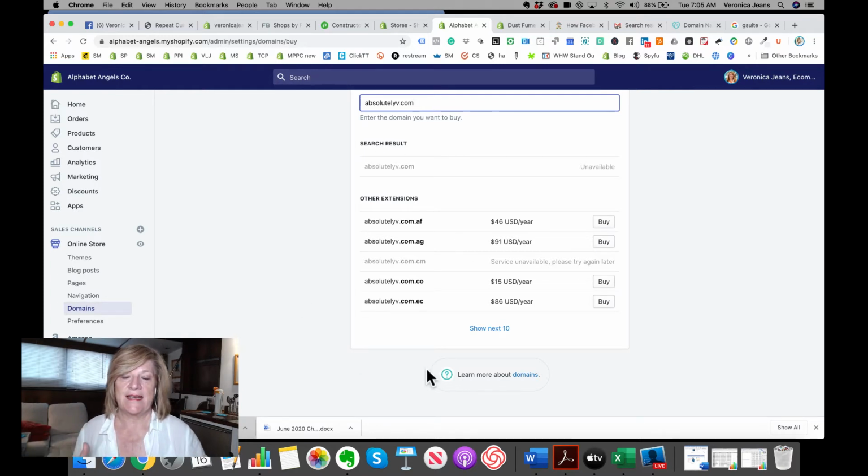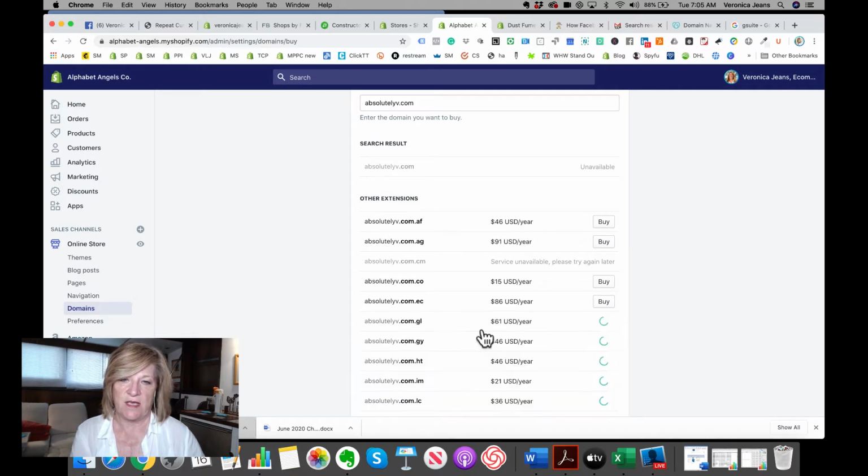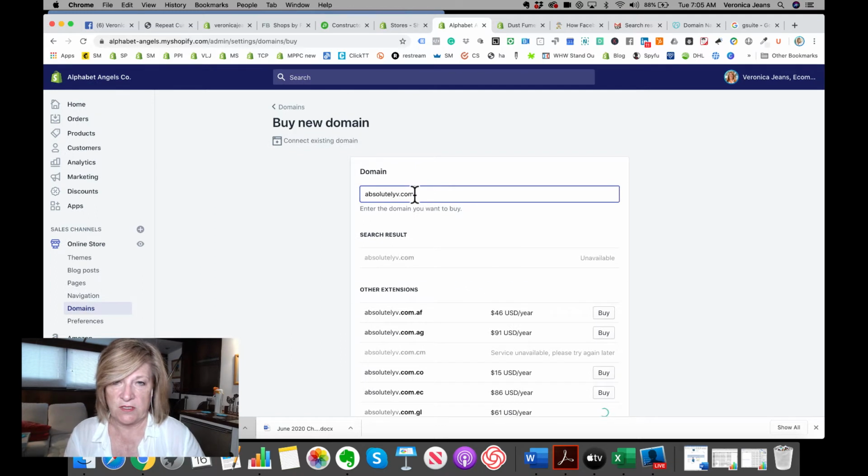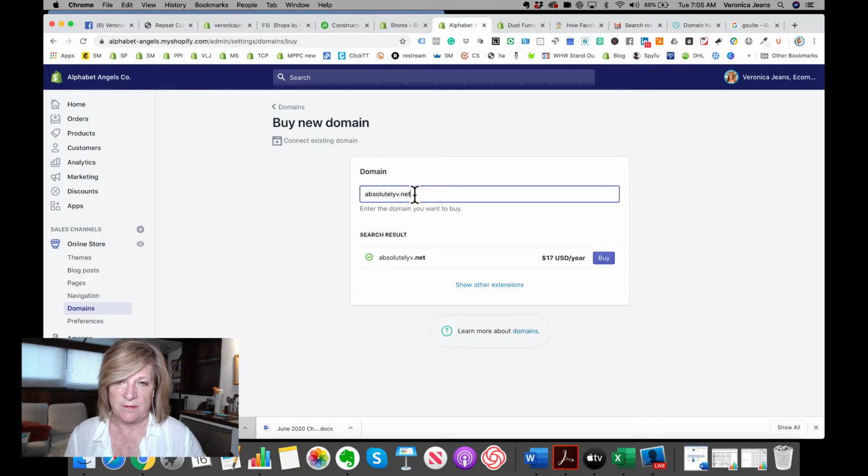So anybody can actually register the others. If you're going to say, I want Absolutely V, I don't care if Veronica has Absolutely V, I want to register any of these other ones, okay? Say for instance, I'm going to register .net. So you can buy .net, but I own .com.